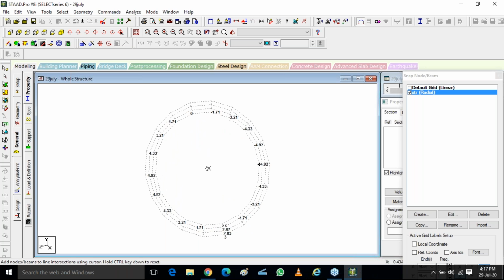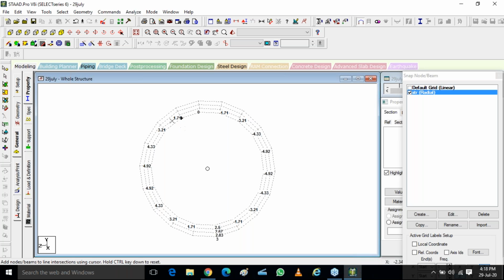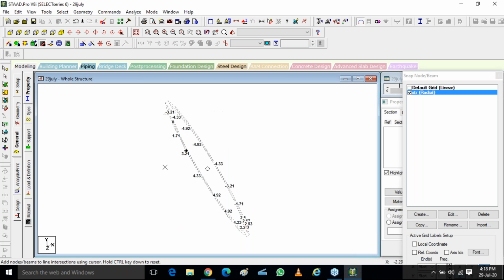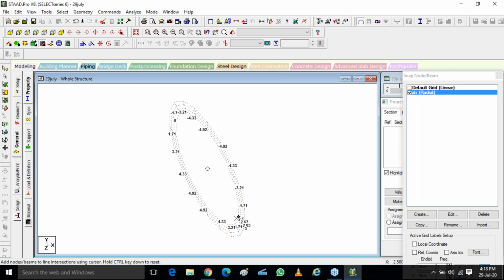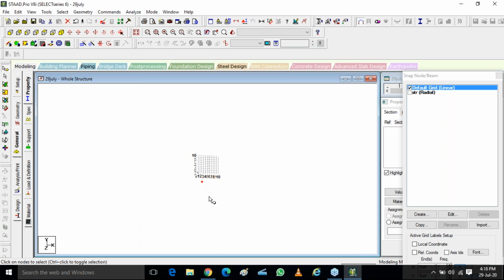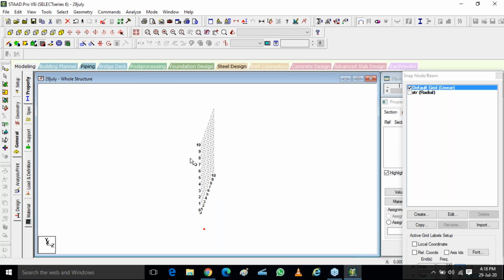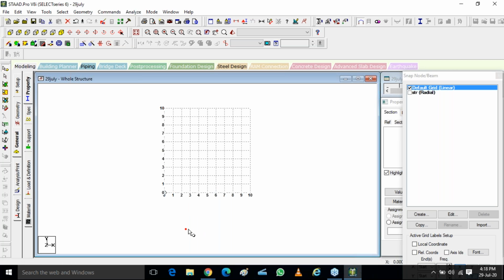Can you see this? My 0 is there. Suppose I want to draw a coordinate. I want to draw this coordinate. This is my 0. Okay, so what I'll do, I'll first of all draw a coordinate. Can you see this? I'm drawing a coordinate here. I'll draw it, remove, open my default grid, and find where that coordinate is for me. This is my coordinate. Is it at 0? Yes or no? Anybody could tell me? Is it at 0? Yes or no? No, it is below 0. If I'm going for front view, it is below 0.